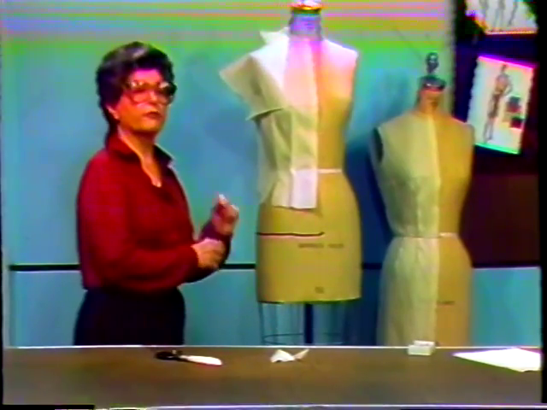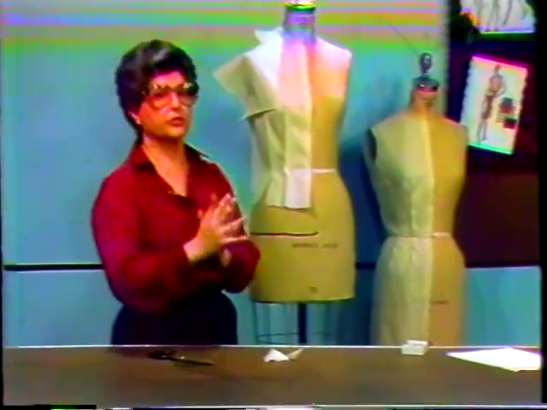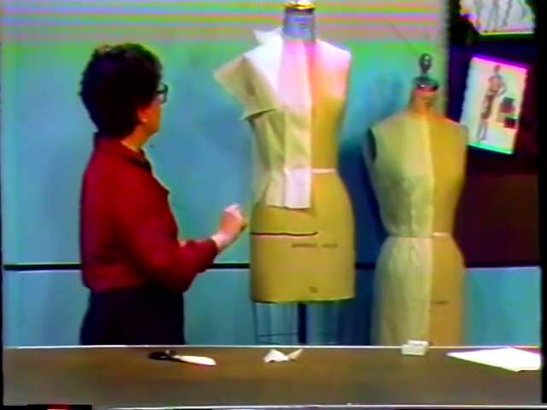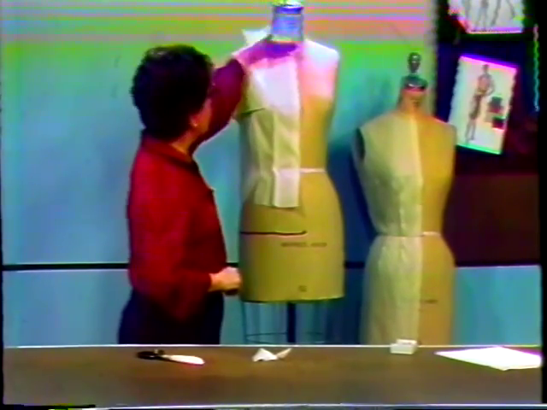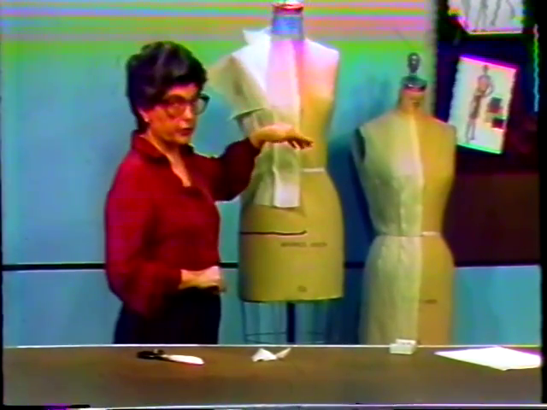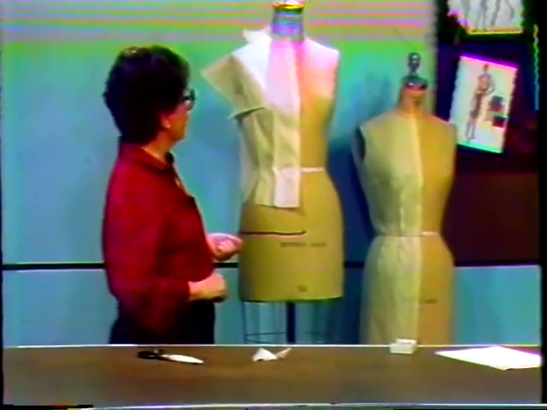The next step, before you take the bodice off, you would want to mark the seam lines and the intersections of the seam lines on the figure. Before you do that, however, check the draping, check your grain balances to make sure that you've draped properly, and then you can go on to do your marking.